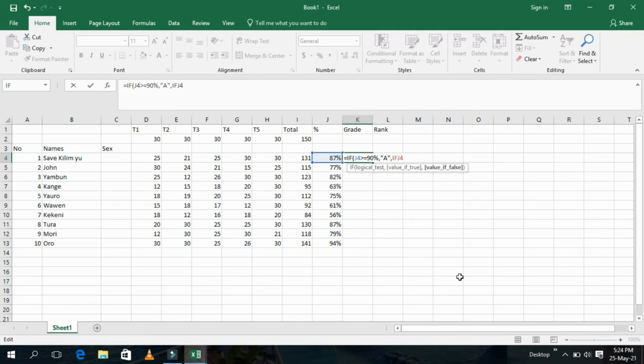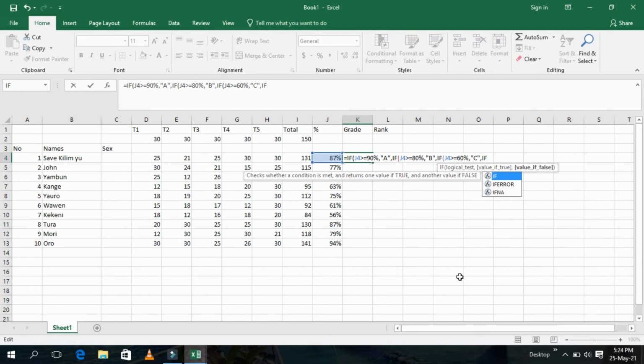You do the same for all. If J4 is greater than or equal to 80%, then comma, open quotation, B, close quotation, comma, IF J4 is greater than or equal to 60%, comma, open quotation, C, close quotation, comma, IF, J4 is greater than or equal to